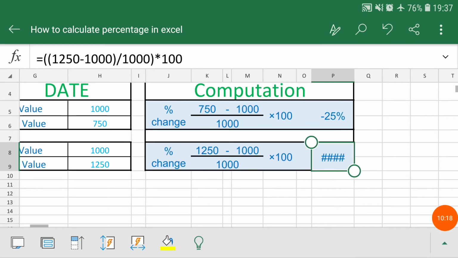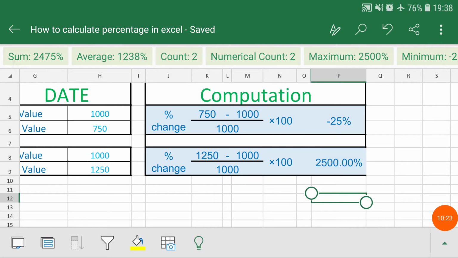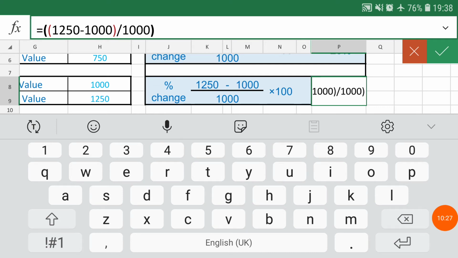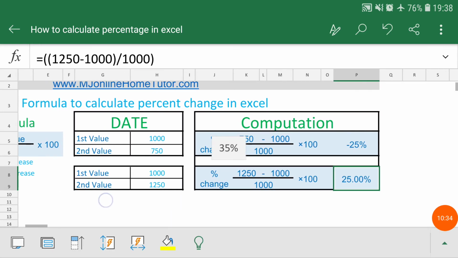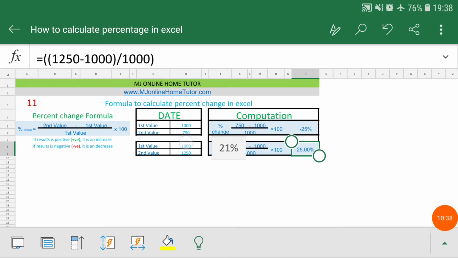Here you can see once we increase the size of this cell, it's showing something wrong. So for that I have to remove the last part, that is multiply with 100, to get the correct result. So here you can see we get a positive 25 percent from this value.